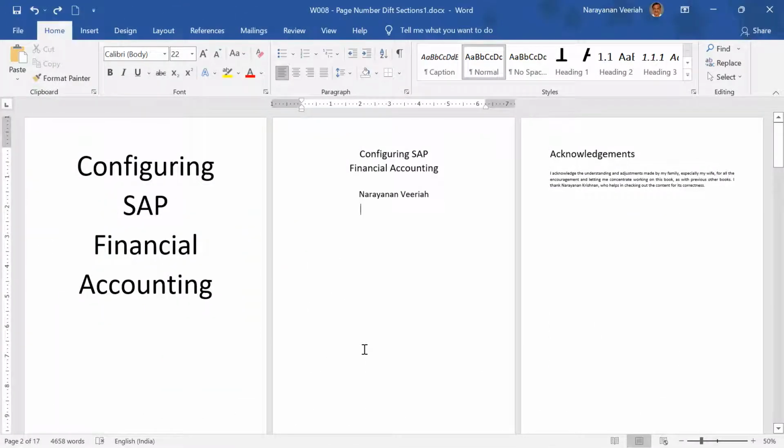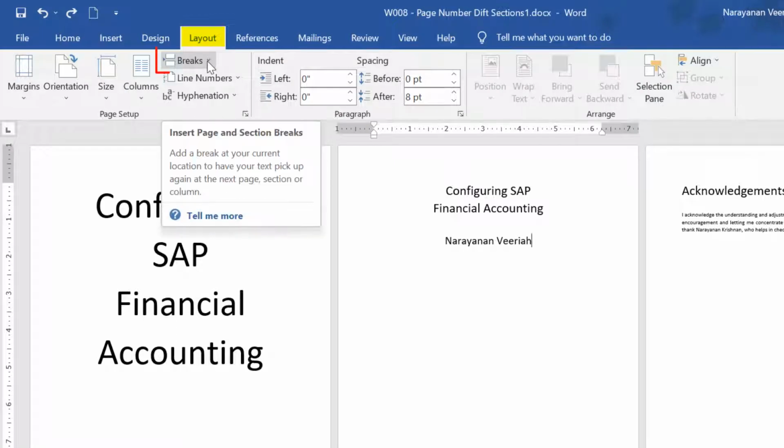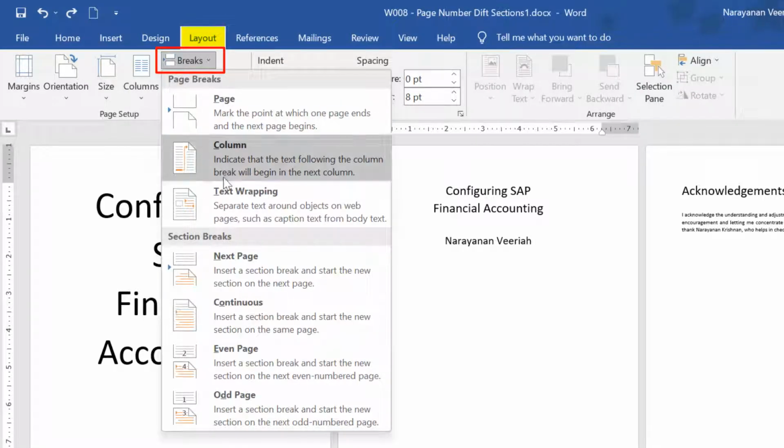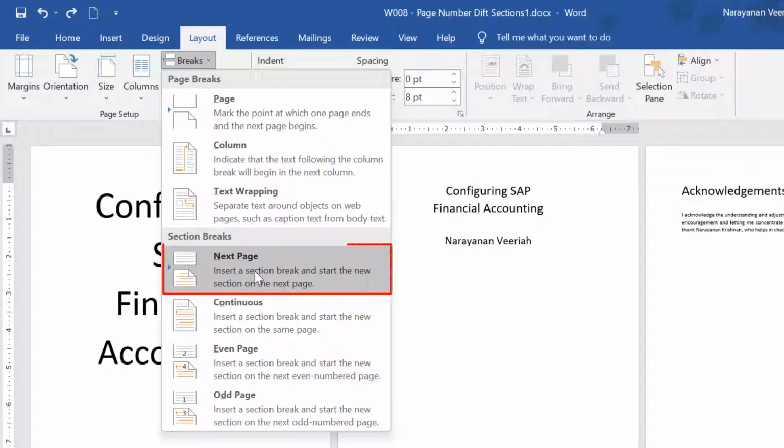To insert the section break, keep the cursor where you want the break, go to the Layout tab, click on Breaks and click any of the options under section breaks. If you click on Next page, under section break, Word inserts a section break and starts the new section on the next page.